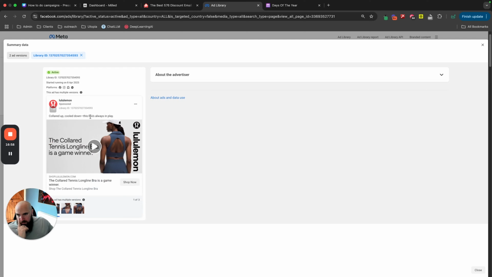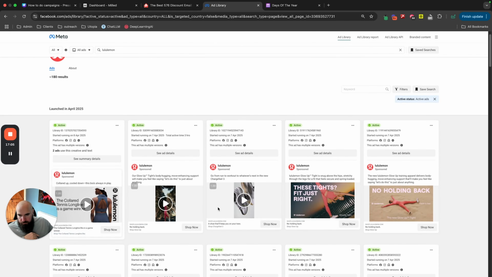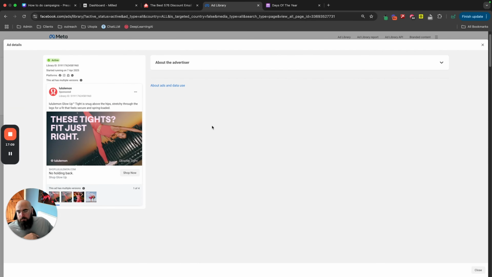Cooled up, cool down. This bra's always in play. Yeah, sound. Is that like a tennis thing? I think so. And then more images. These tights fit just right. Sweet. But yeah, look, Milled has really good emails, and then ad library gives you some really, really cool bits of inspiration on how to create